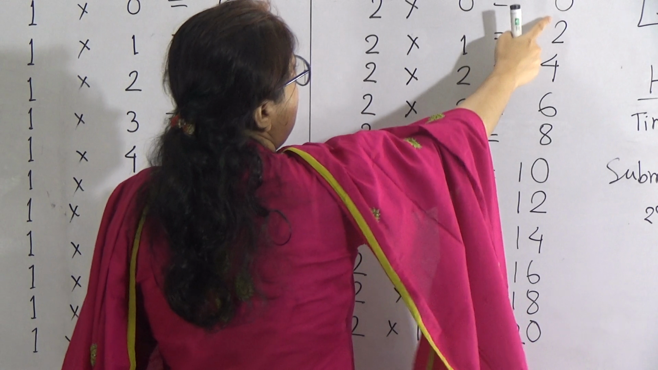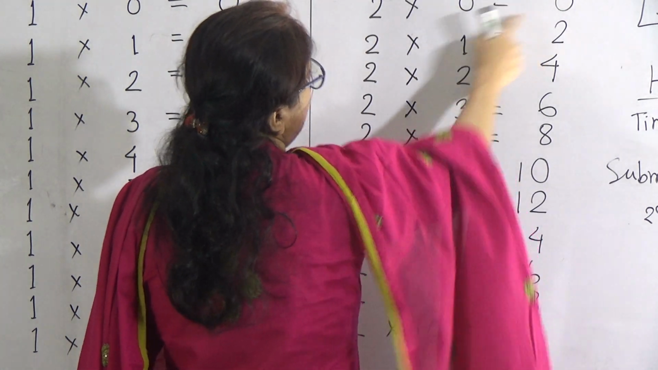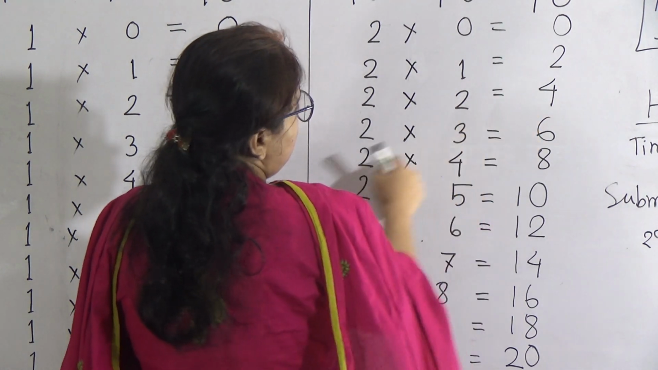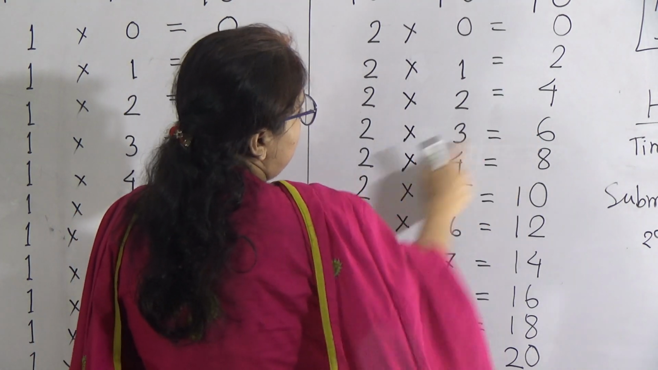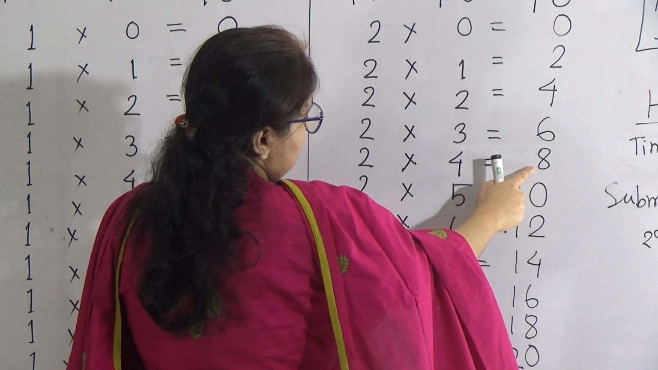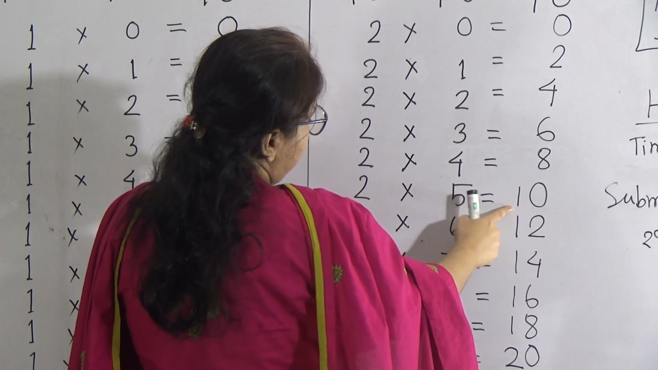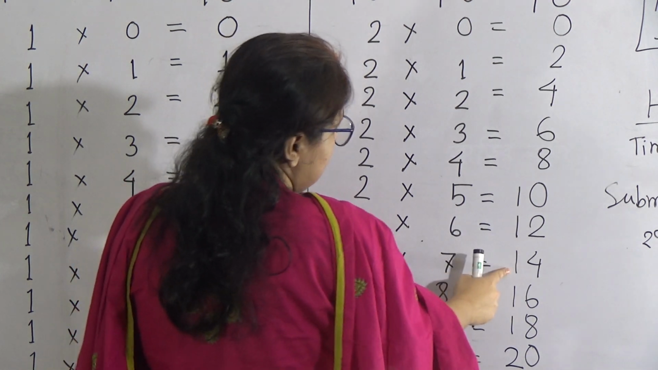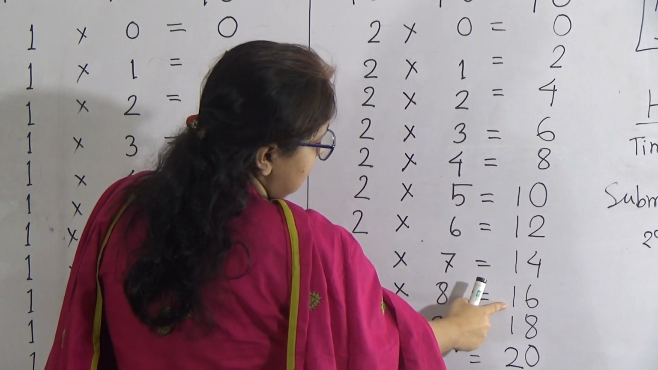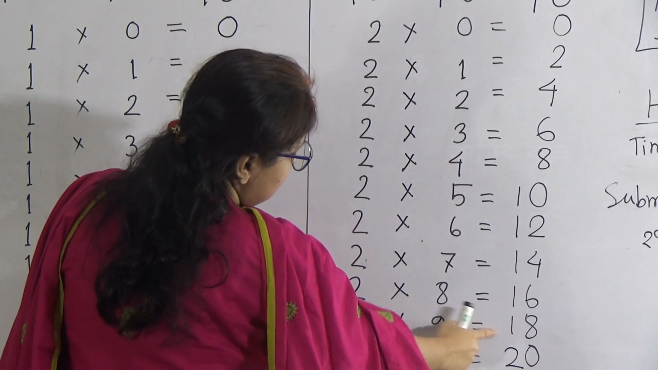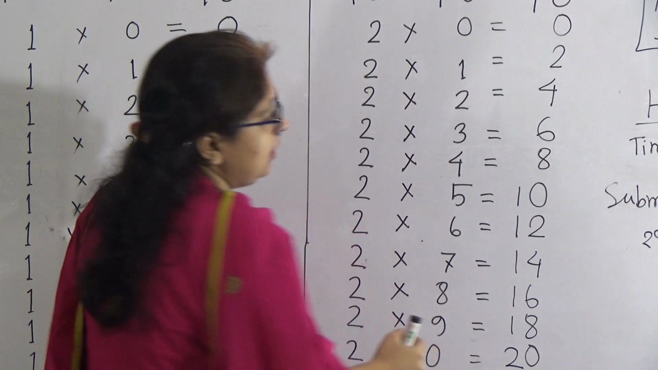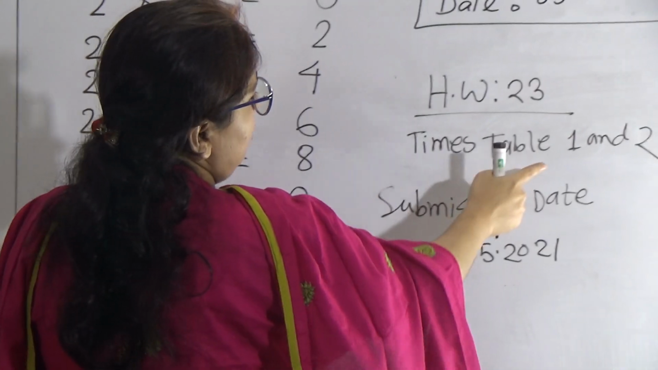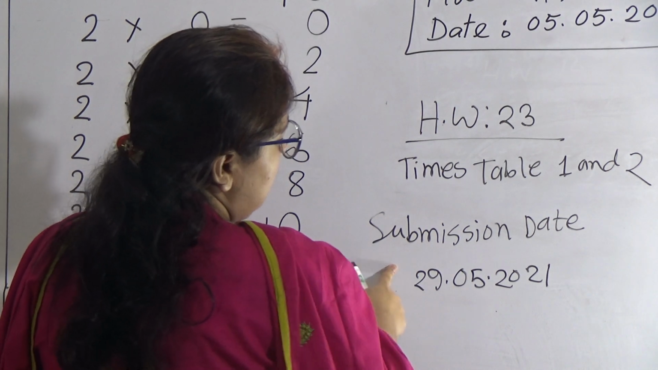2 zeros are 0. 2 ones are 2. 2 twos are 4. 2 threes are 6. 2 fours are 8. 2 fives are 10. 2 sixes are 12. 2 sevens are 14. 2 eights are 16. 2 nines are 18. 2 tens are 20. So dear learner, your homework will be times table of 1 and 2, and the submission date